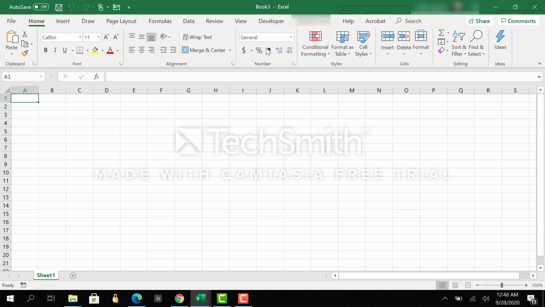But the ribbon is just full of all the commands. Like I have got Home, and once I click on Home, they have broken up the Home tab into various groups. Got the Clipboard here. You see it's a clipboard section for copy paste. Got my font commands, then alignments, numbers, styles, cells, editing, and so on.